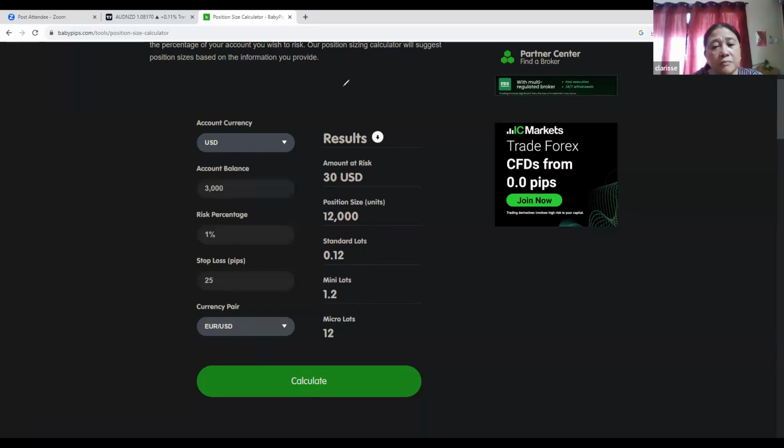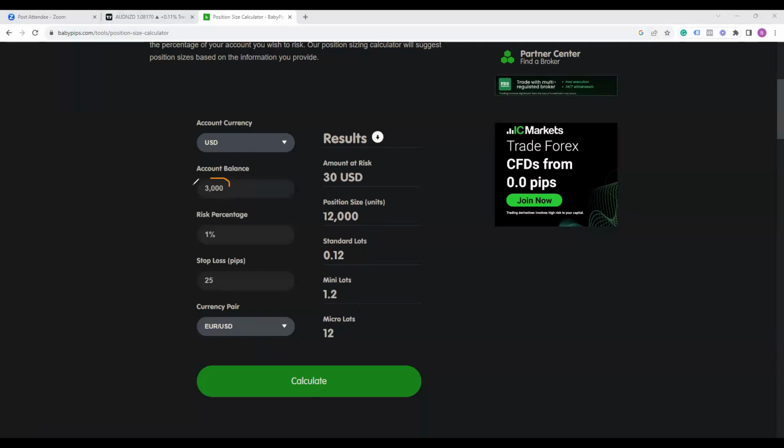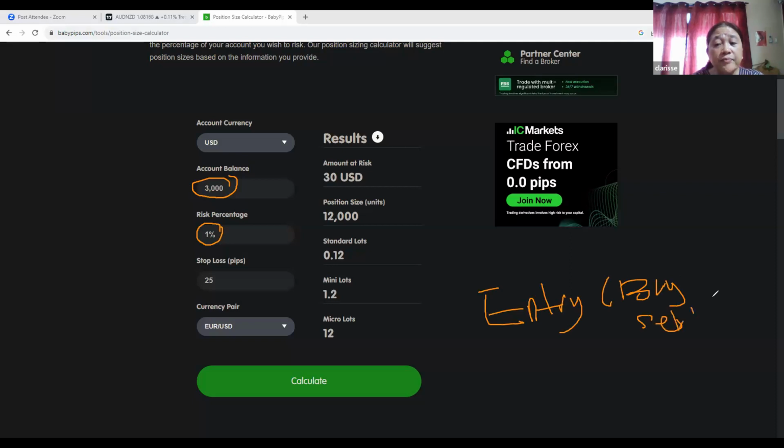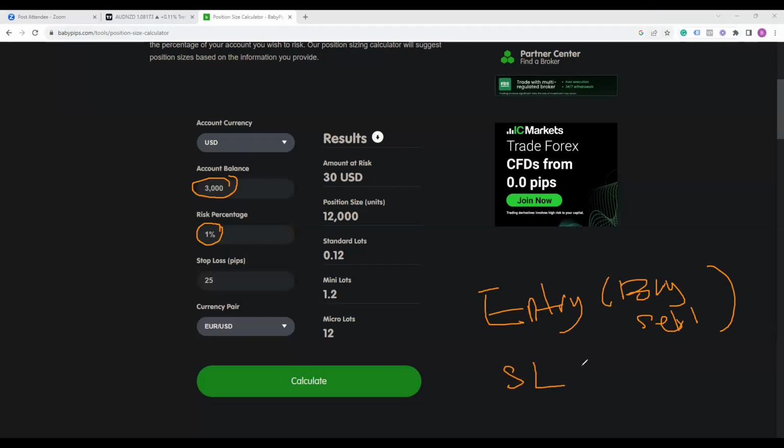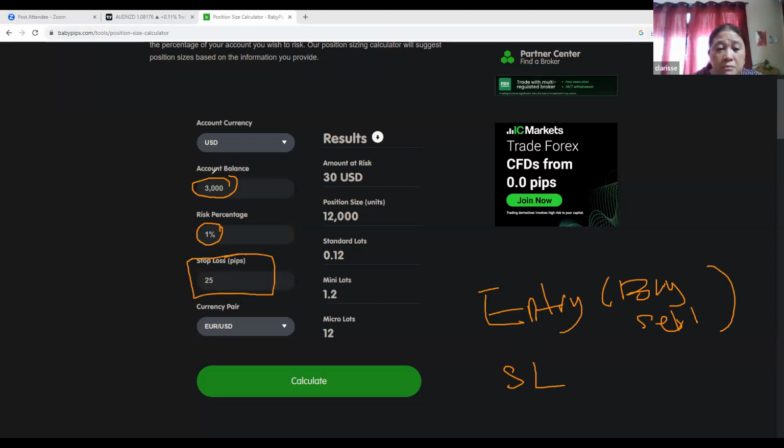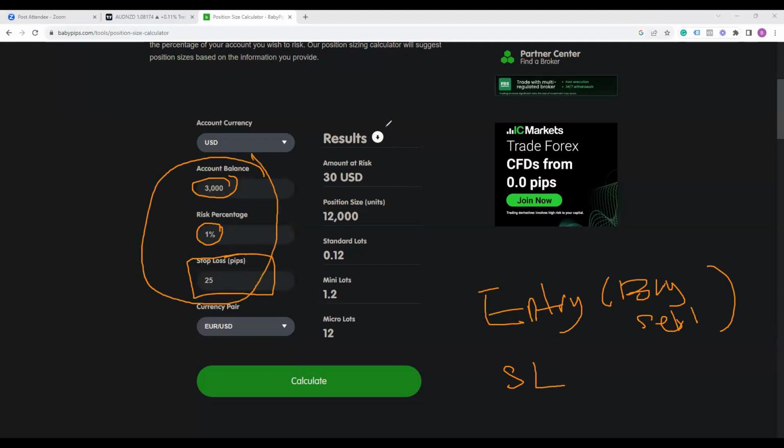You got it? That means, for example, if you have a capital of $3,000 and you only want to risk 1% for every trade, and your entry price can be a buying price or a selling price, depending on which direction you are going to bet, and the stop loss is 25 pips, then with these three criteria, this calculator tells you that you can trade 1.2 mini lot.